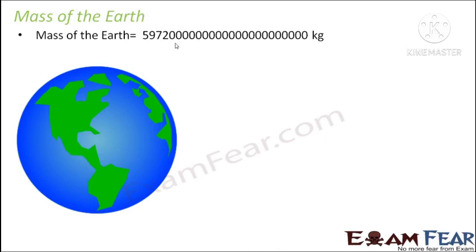So let's see. Instead of writing this, what we do is count: 1, 2, 3, 4, 5, 6, 7, 8, 9, 10, 11, 12, 13, 14, 15, 16, 17, 18, 19, 20, 21. So you basically have 21 zeros after 5, 9, 7, 2. So instead of writing this, we write it in its standard form. Right now the decimal point is here, so we have to move it through these places, and finally make it reach a place such that we get a decimal number between 1 and 10.